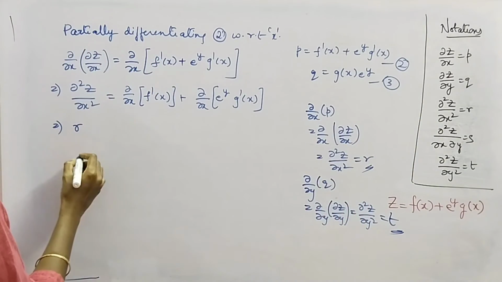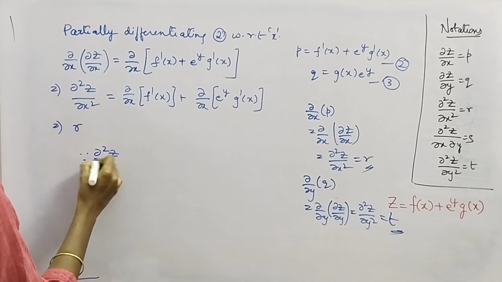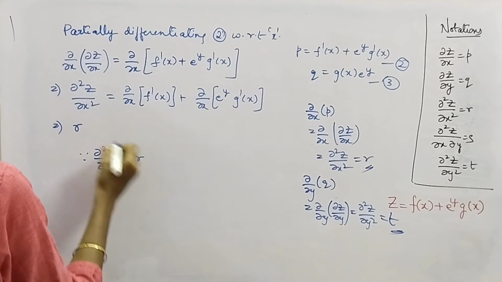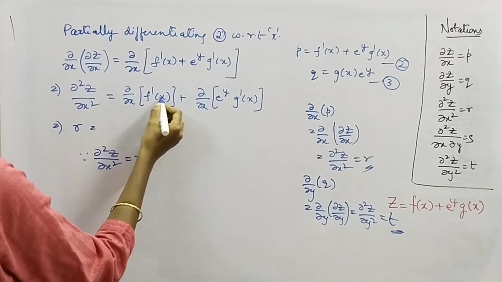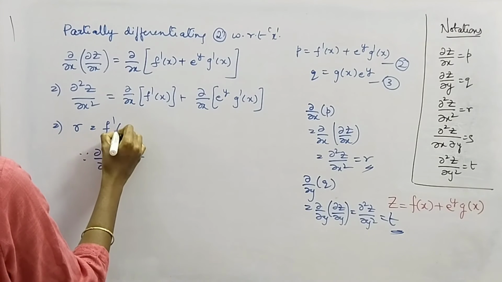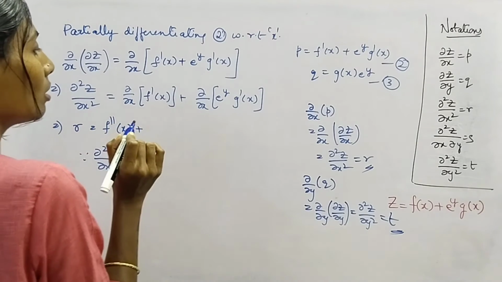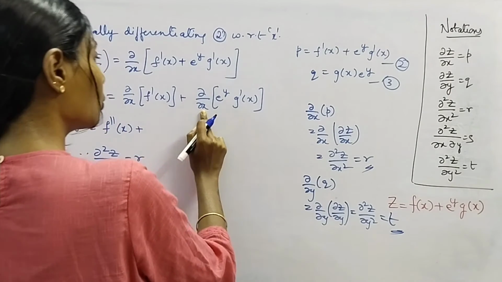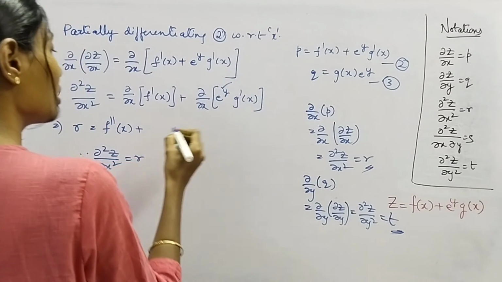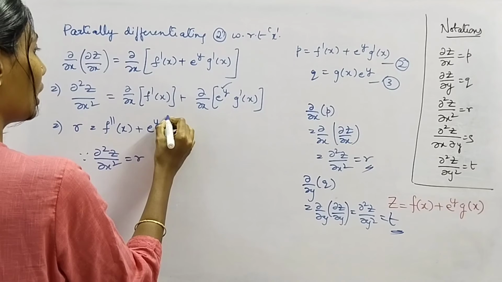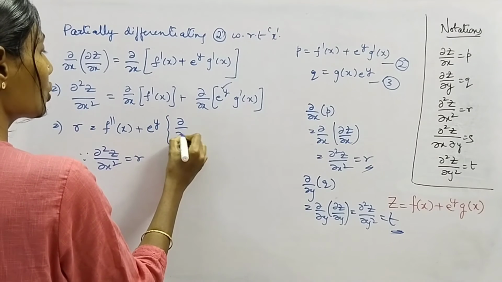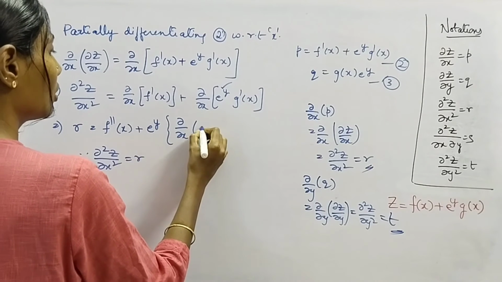Just replace it by r, equal to the partial derivative of f dash of x with respect to x, which is f double dash of x, plus, here we are partially differentiating with respect to x, so we will treat e power y as constant. We can write this as e power y into partial derivative of